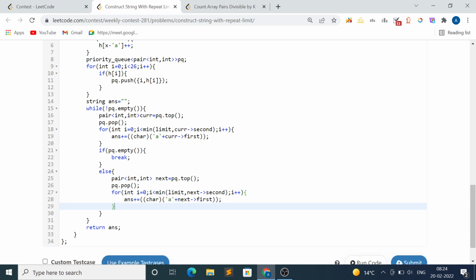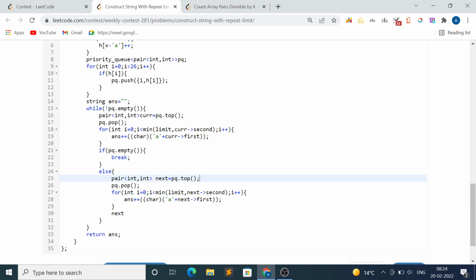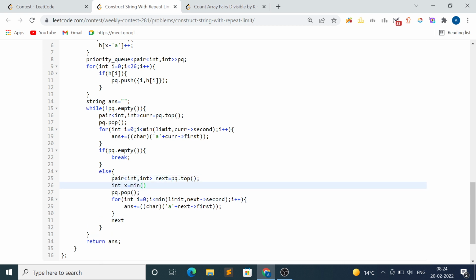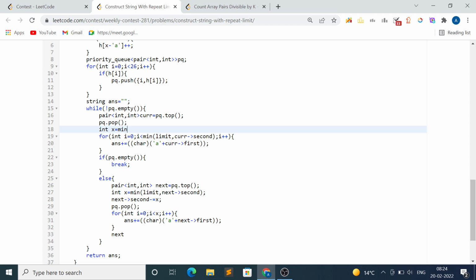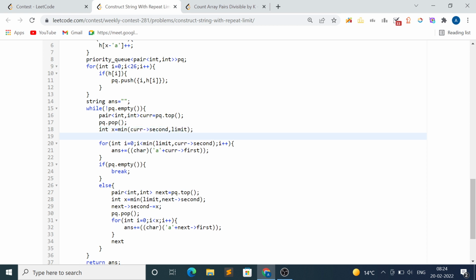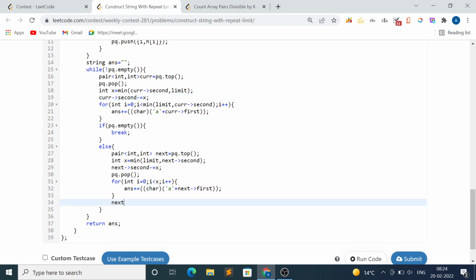Okay, so int x equal to minimum of limit comma next->second, minus equal to x. Cool. Int x equal to minimum of current->second comma, current->second minus equal to x. Cool. Next